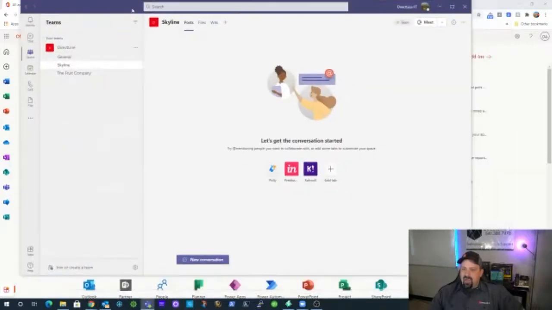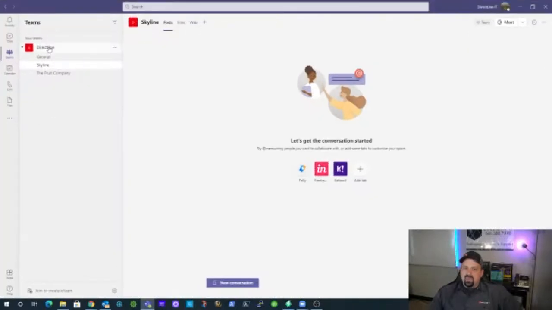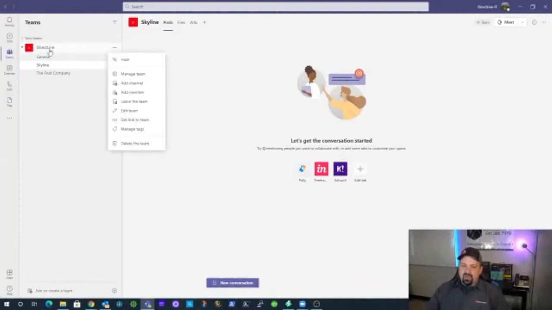So when you look at Teams as an example, you've got different teams that you can create, so you can be a part of multiple teams. If you are in a larger organization, that could mean you're part of the HR team, the financial team, the tech team, whatever team you've got going on. You can create a team specifically for that. And even within teams, you can create additional channels. Channels are used for different things. You can see here, if I just click on my general channel,